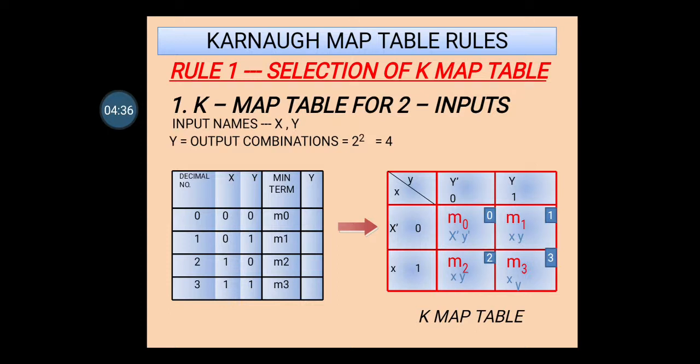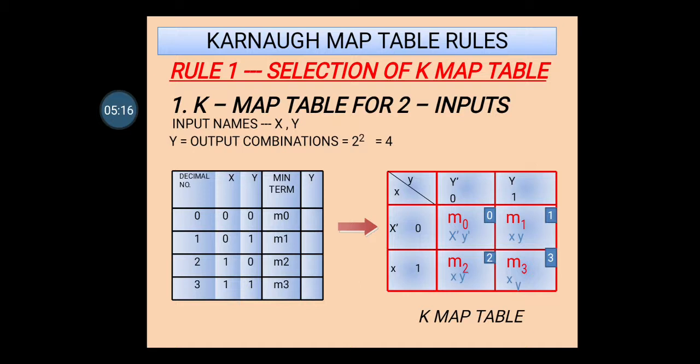So the very first thing you have to remember is you have to identify the inputs, and you have to identify the LSB bit and the MSB bit. That is most important. Now you can check here, X is the MSB bit and I have arranged it column wise. You can arrange the MSB bit row wise, but if you arrange it that way, then the cell numbers of this table will change. That is most important. You have to follow only one format, whichever you want to follow. I have followed this. I have taken the MSB bit, X, the highest bit, the starting number of the binary.